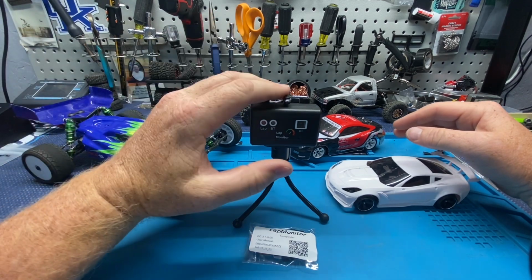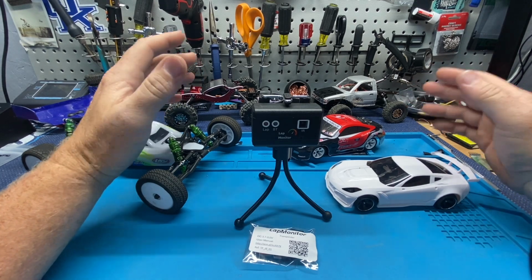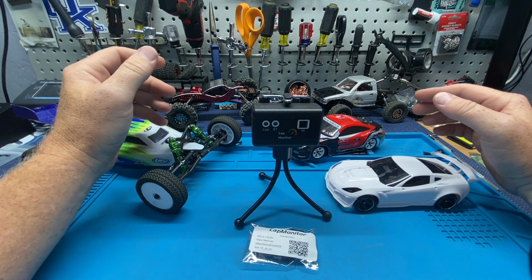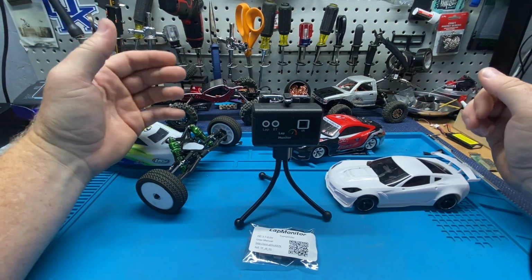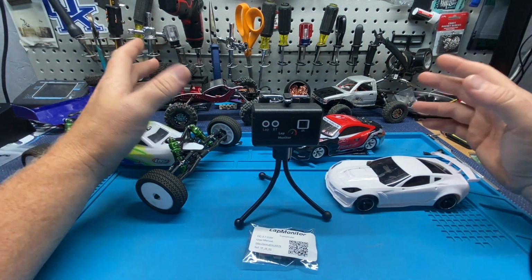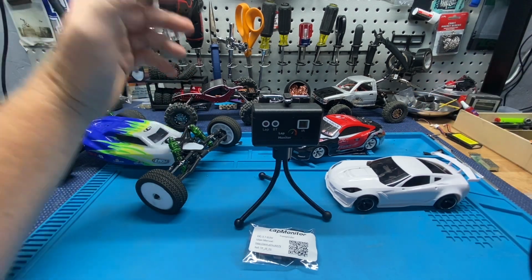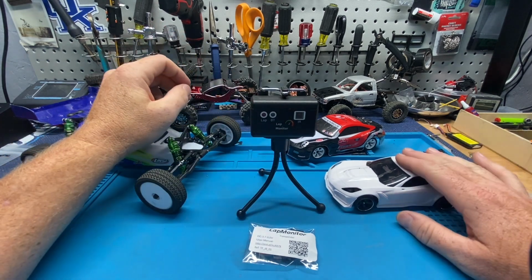So I picked up this because I wanted to have a lap counting system, but I didn't want to spend a fortune on it, right? We also were working on the outdoor track here local, and didn't have any kind of tracking system out there. And I just kind of wanted something that I could time myself with, and also use maybe in the garage